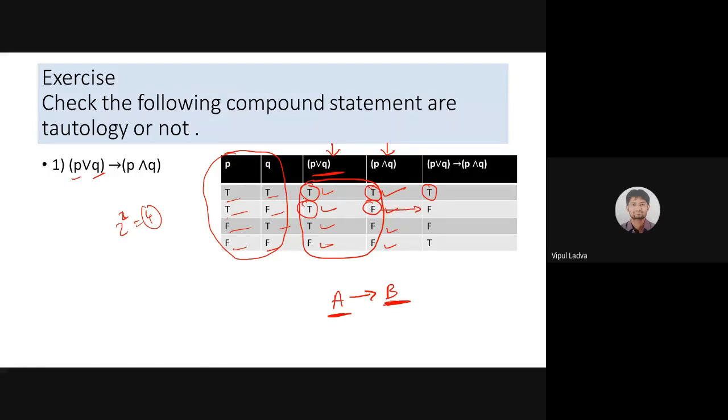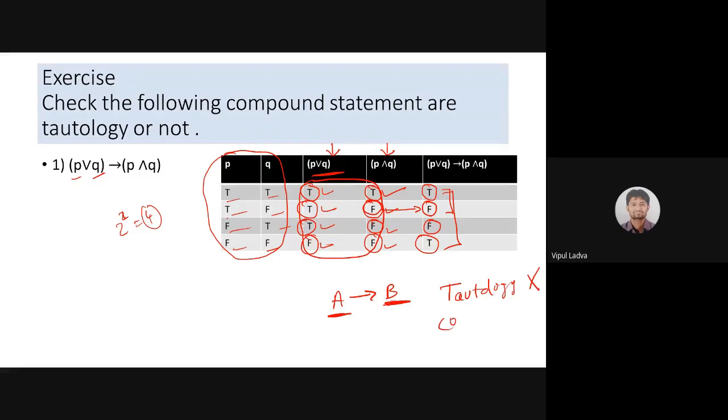Associate this with: the weather is sunny, and I'm not taking you towards the seashore, so that is wrong. As per my promise, I need to take you to the seashore, so yes, the truth value of this is false. So from here we conclude it is a mixture of true and false, so it will not act as a tautology. Let's identify the similar case: TFF leads to F. FF will lead to true, but it is a mixture of true and false. So this is not a tautology.